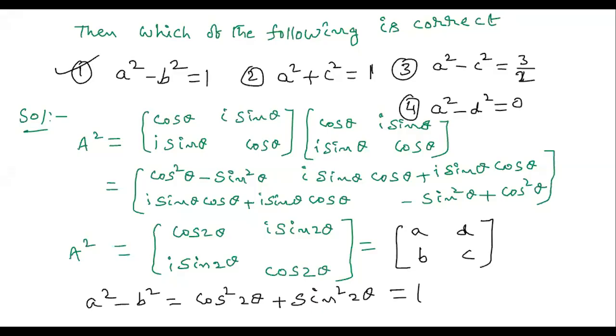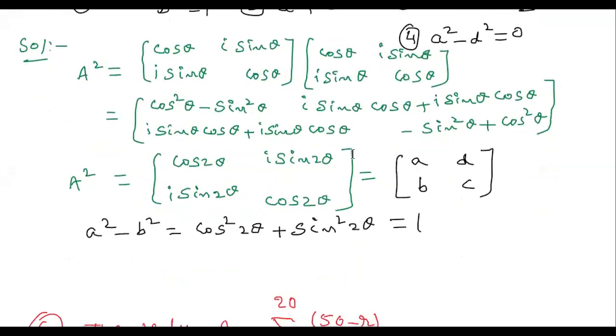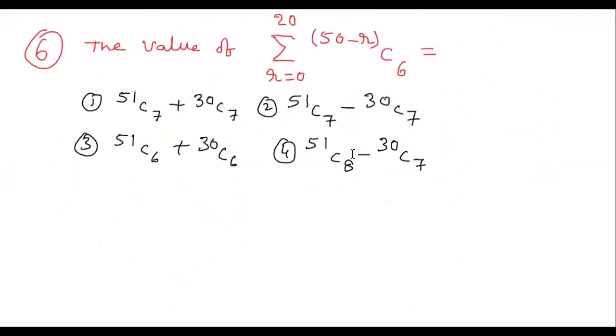So this is also an easy question. Okay, next. I'm going to the next question. So this is, I think, a very easy question, but it needs calculation. See carefully how to do this. Expand the sigma. In place of r, substitute 0 to 20. If we substitute 0, what do we get?